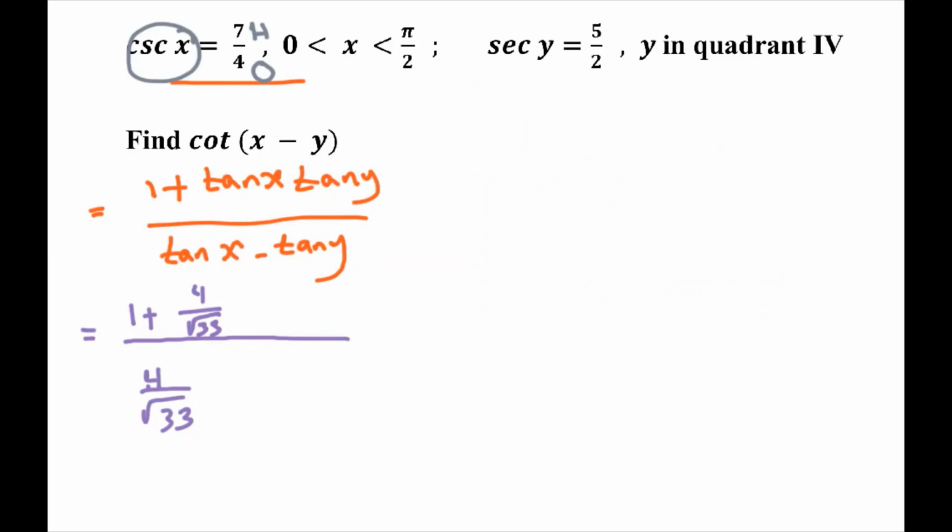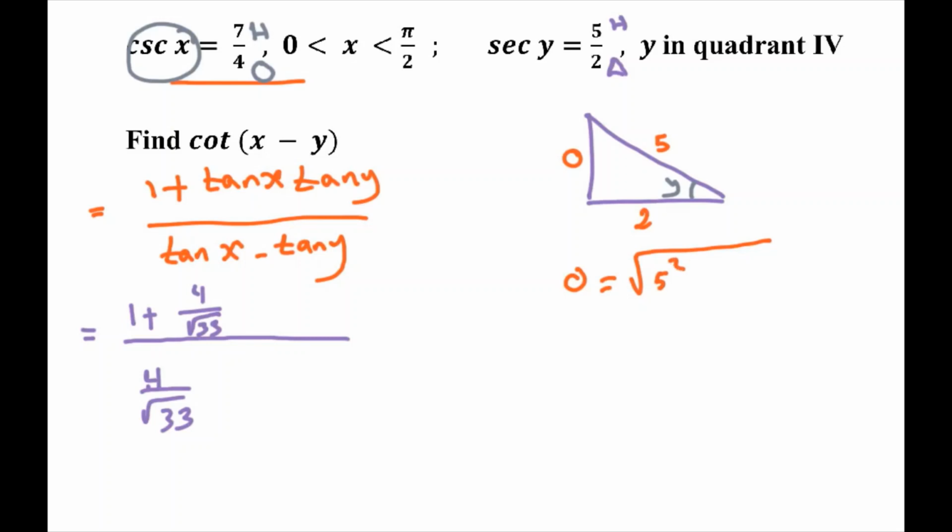So what does that mean? Secant is the reciprocal of cosine. So this is going to be hypotenuse, this is adjacent. So if I draw a right angle triangle, let's say that this is y, so that's going to be 2 and this is 5. We need to find the opposite. So tangent y equals